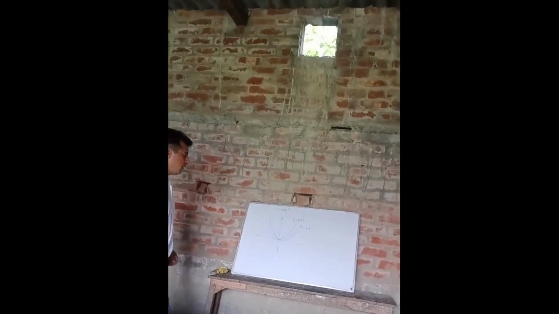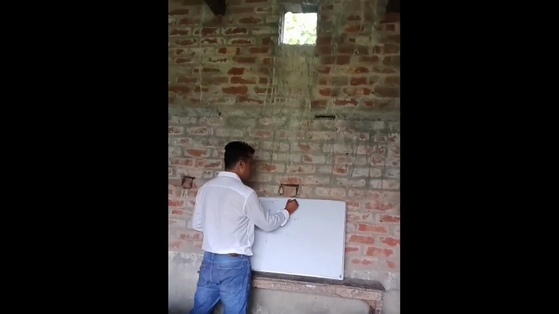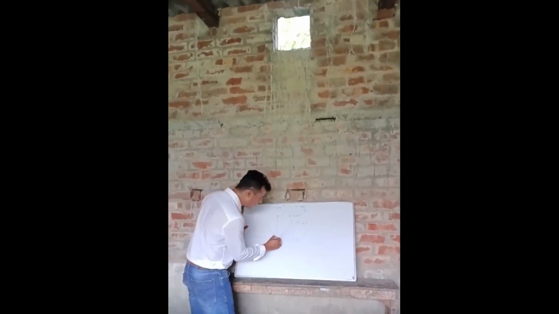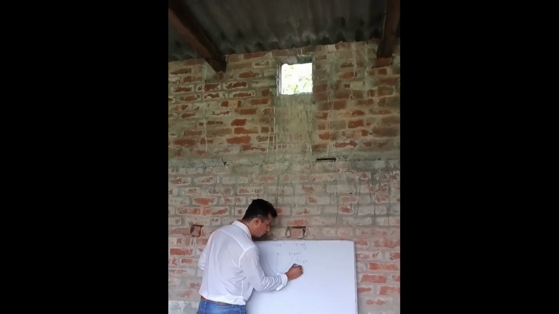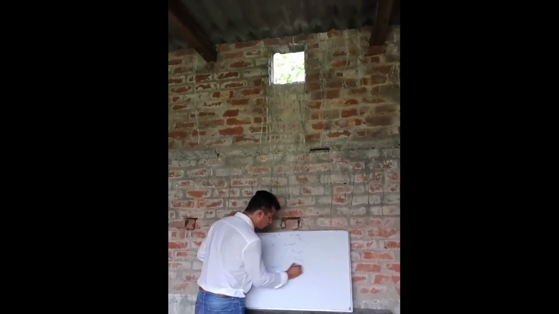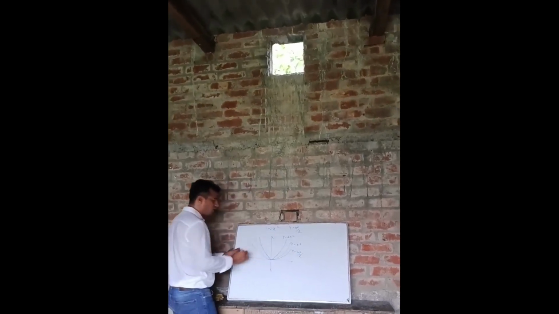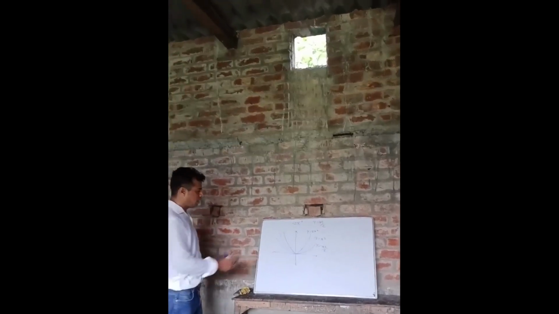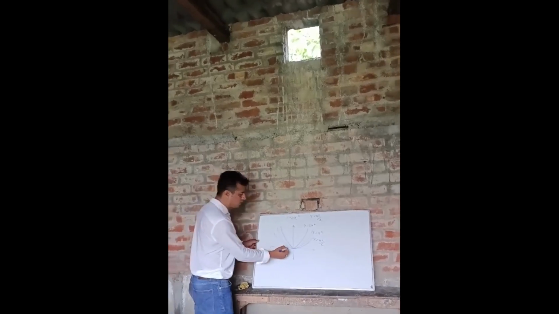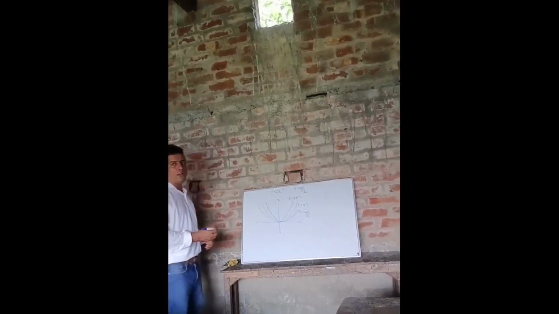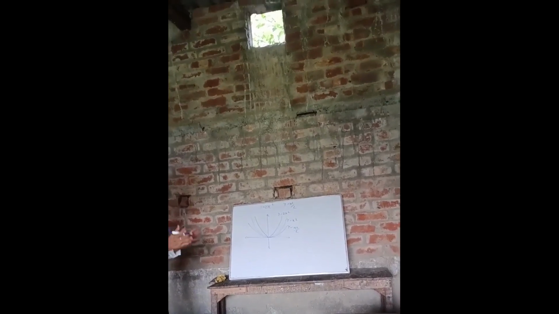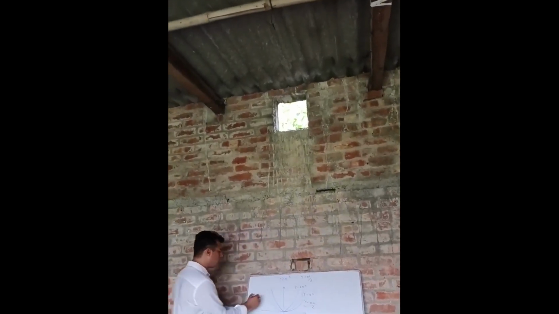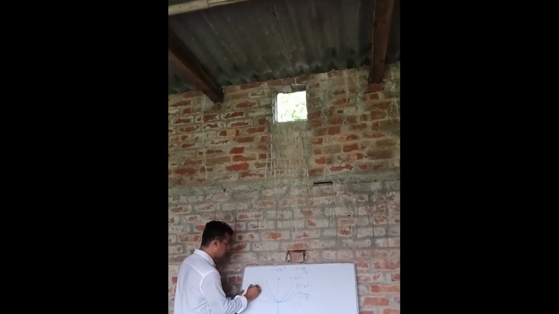Someone will say y equals x square by 2. The graph is not exactly like this, but its nature is like this. I am not working out the exact points, like the value at x equals minus 1, but the graph will look like this. If we have a reference, we can draw this also. This is y equals x square by 2.